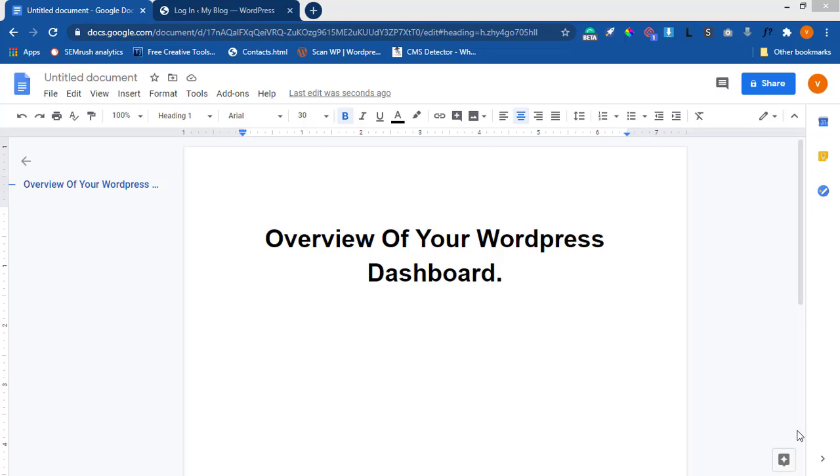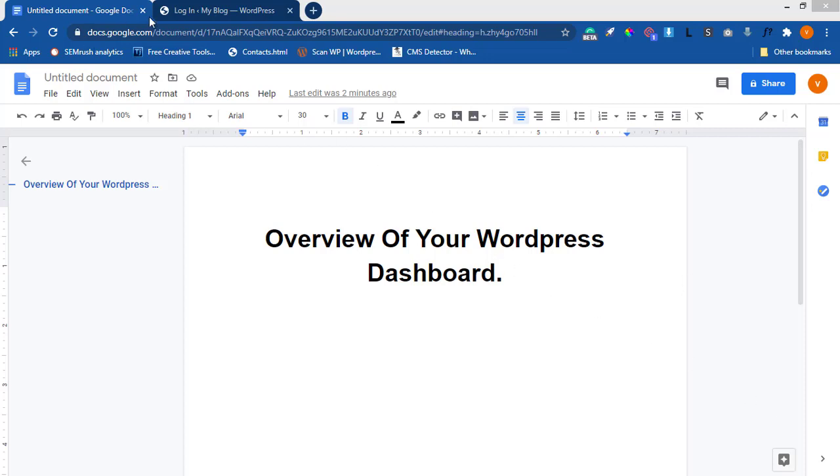So this is the first section of our second module in this web design course, and what we're going to be talking about, we're going to be going through our WordPress dashboard. I want to give you a feel of what a dashboard looks like before you actually start designing your website. The feel of the things you can get in your WordPress dashboard, what is what and where is what. So with that said, let's go over to